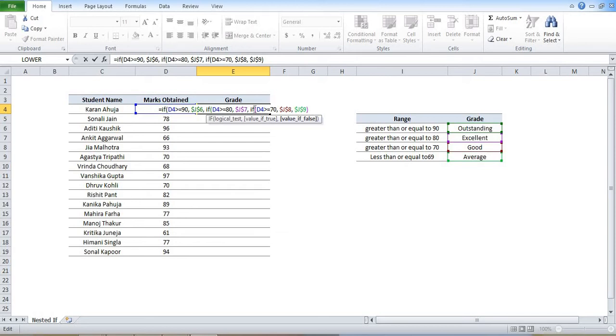Now, let's come to closing of the bracket. If you would have realized, in this particular IF function, D4 greater than or equal to 70 is the logical test. J8 is the value if true, and J9 is value if false, and I've closed my bracket, meaning this IF function is complete. Now let's look at the outer IF function. This one,